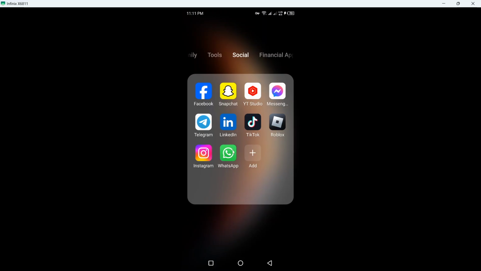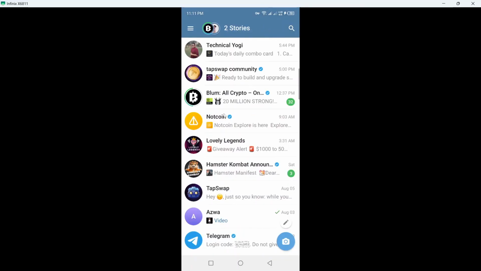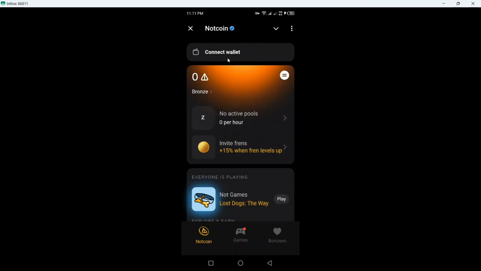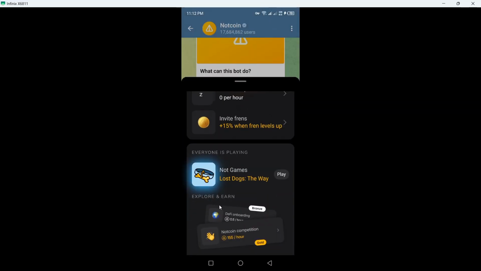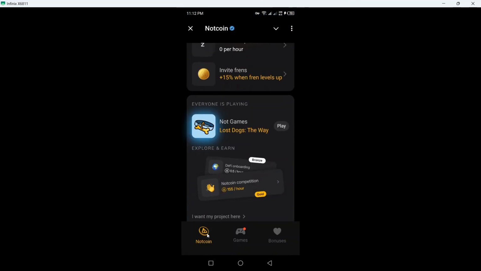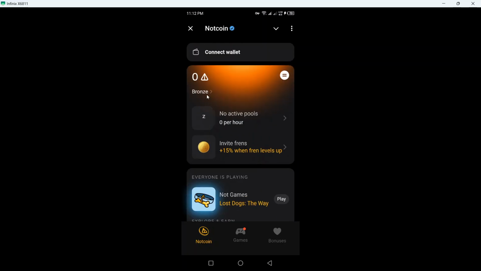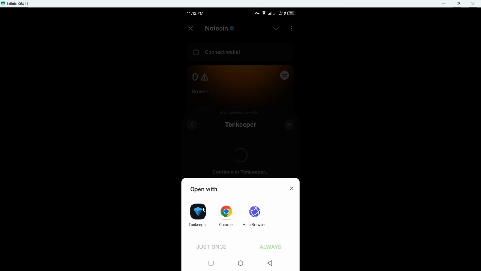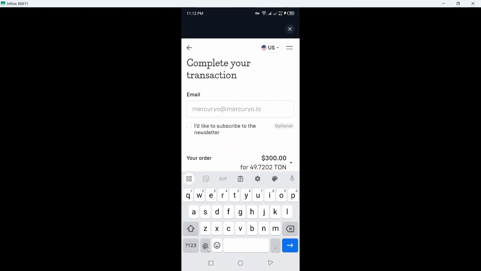So the first step you need to do is to open Telegram and select Toncoin, click on open app, and once you open Notcoin, so this is an example that I am showing to connect your Telegram wallet with Tonkeeper. Once you are here, you simply need to click on connect wallet on the top, and here you need to select Tonkeeper, open with just once, and here you need to